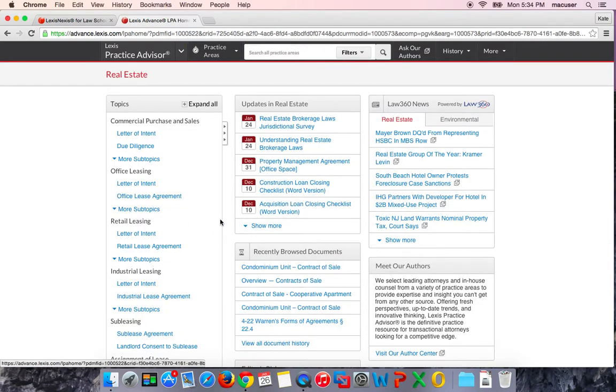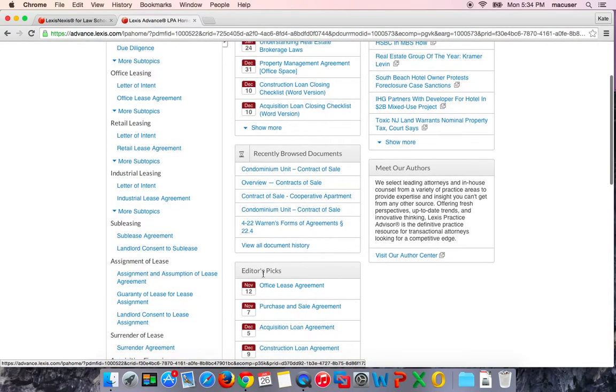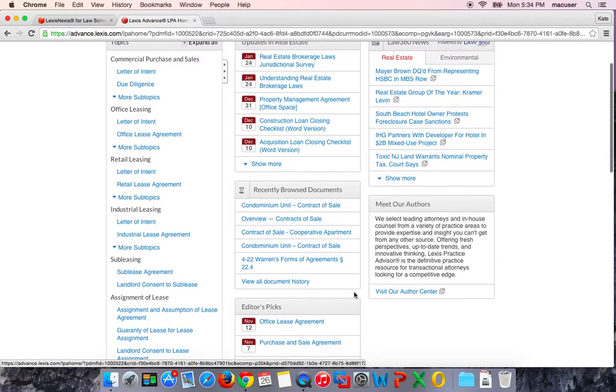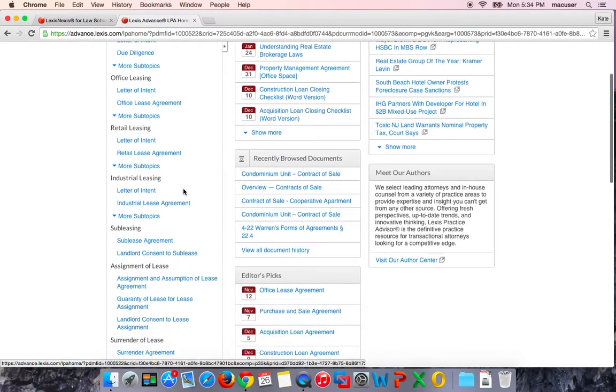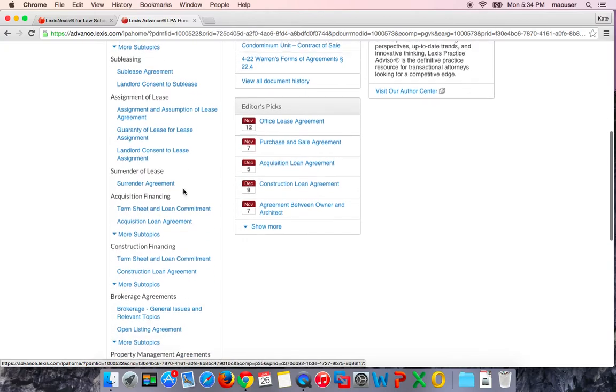And it's going to take you to this snapshot page. And you'll see there's updates in real estate, news updates, recently browsed documents, editor's picks, which include the most frequent or newest forms or news items, etc. And then we have topics on the left-hand side. So let's scroll down. I'm going to take a look at